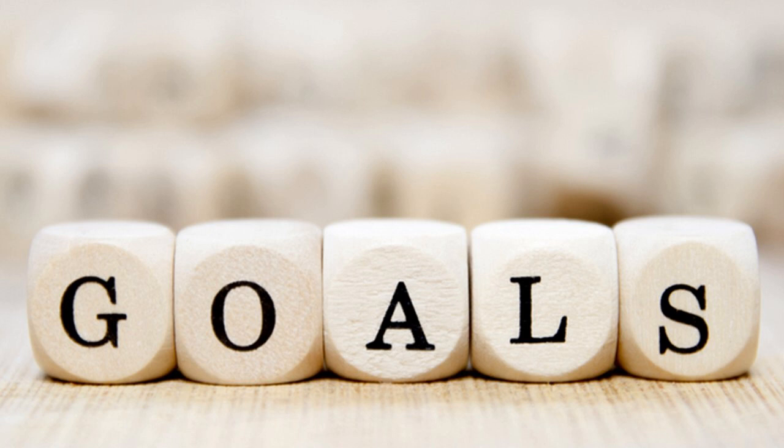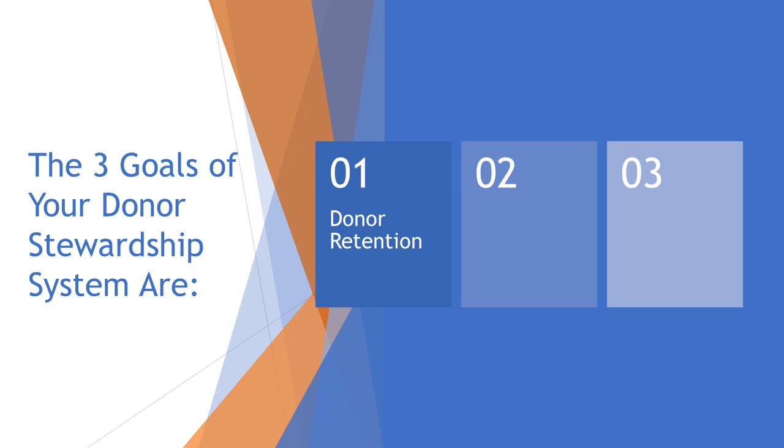So those 3 goals, as you're building out that donor stewardship system, are, first, donor retention. That means keeping the relationship with your donor strong enough that the donor continues to give year after year. To accomplish this goal, you'll need to thank and recognize your donor so that they know how important they are to your organization, and you'll need to continue to communicate with them to keep your nonprofit top of mind for future giving. You'll also need to make occasional renewal asks to seek their continued financial support. So the first measurable goal for your donor stewardship system is donor retention.